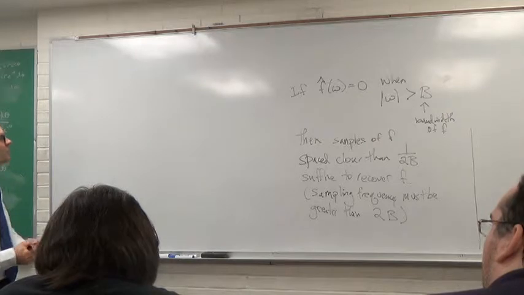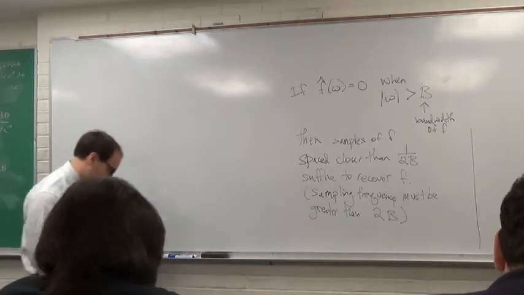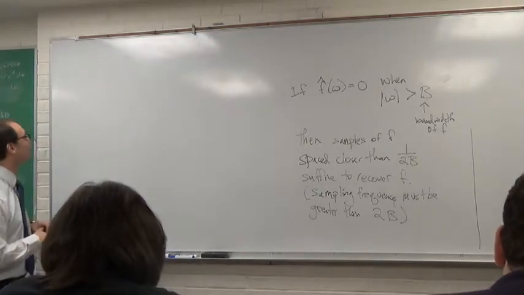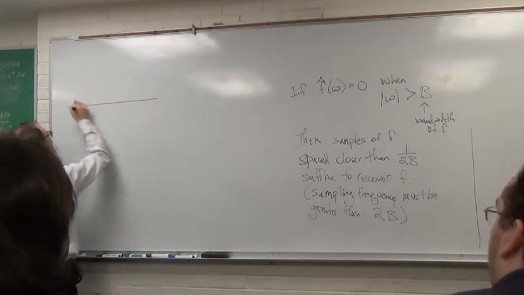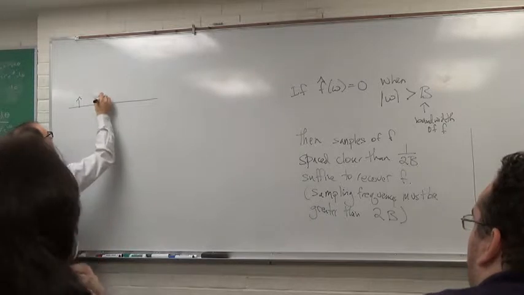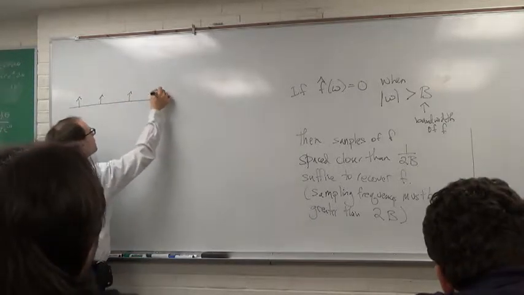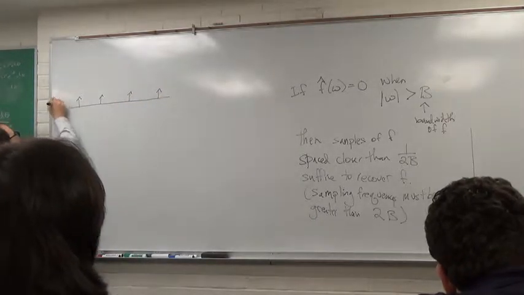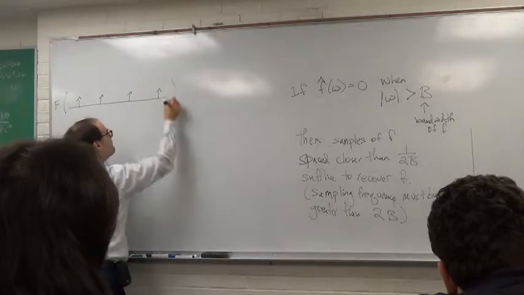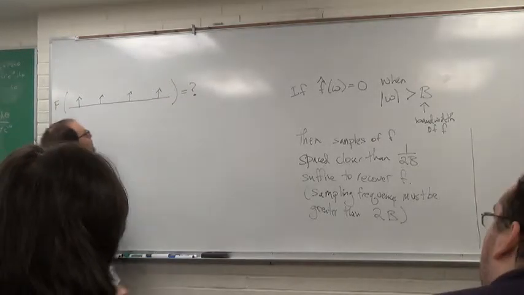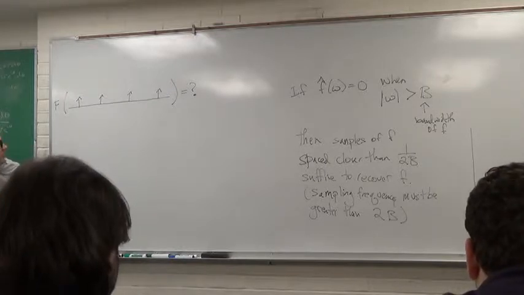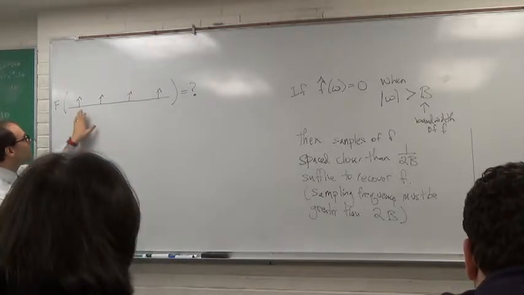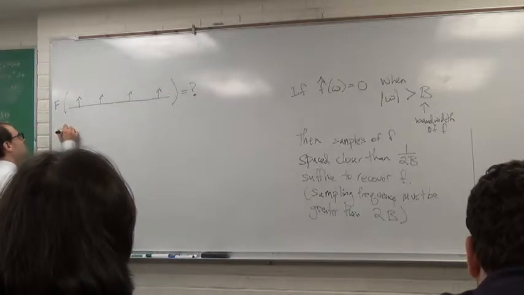All right, so let's have a look at these theorems. In order to look at these theorems, we need one special technical tool. The technical tool we need is the Fourier transform of a train of impulses. What's the Fourier transform of a sequence of delta functions? Because that will be how we sample. So we'll sample